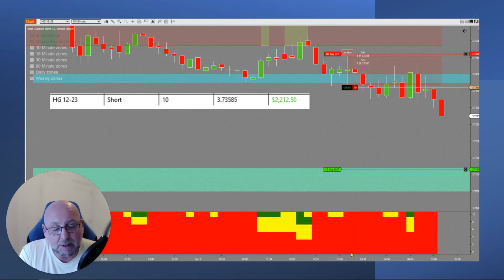The bias depth heat map down below, all 6 time frames are red. That's our signal, that's our confirmation. We've got to look left slightly at this pivot just before the London open. We want to make sure we're below that before we take that trade, and that's where I got in, 1 tick below there. That moves us into the trade, and then it goes sideways,